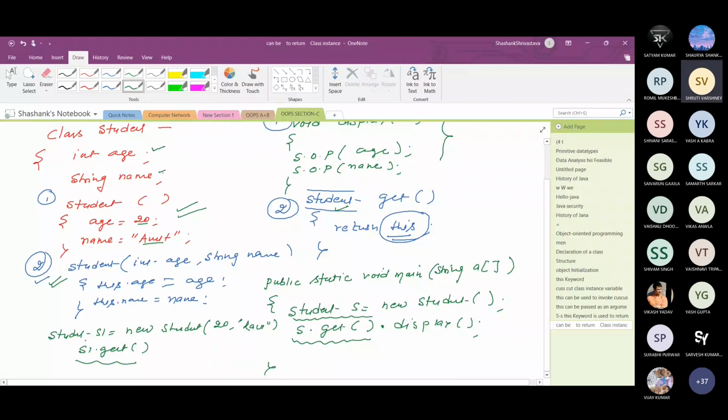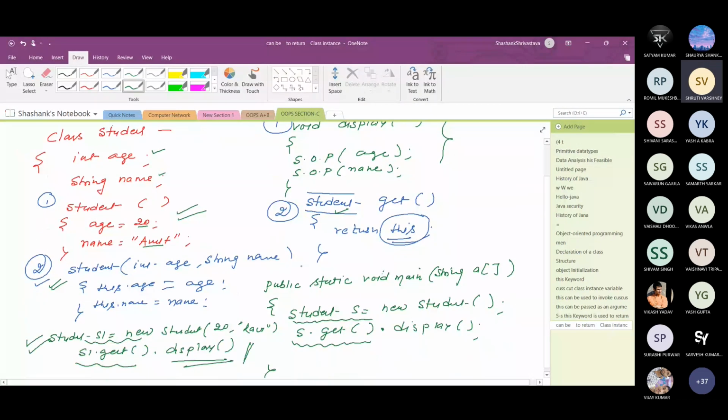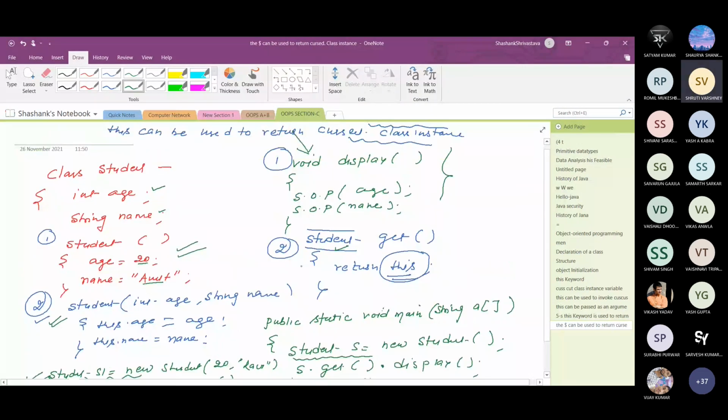This refers to the current object, meaning the one for which this constructor was called. Now we can call display method. As per the requirement, if any problem arises, we can use this keyword like this.